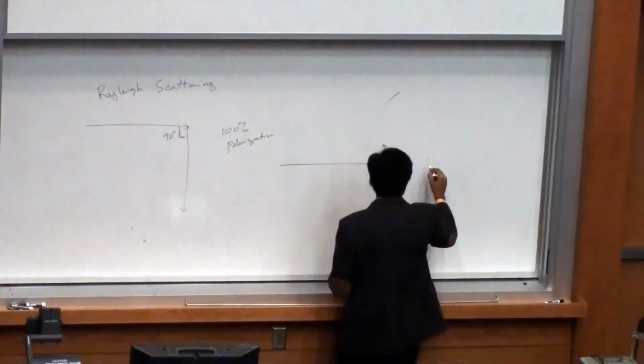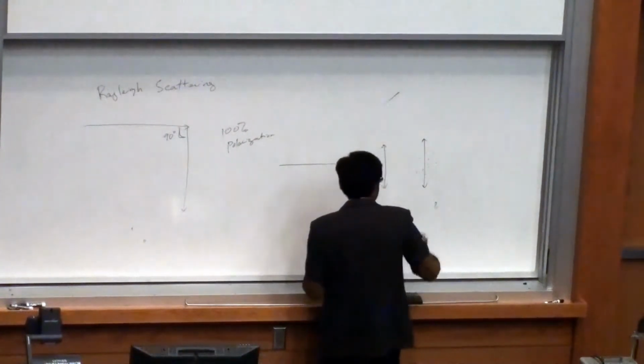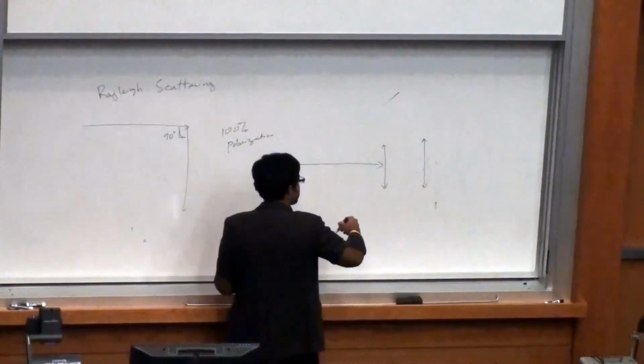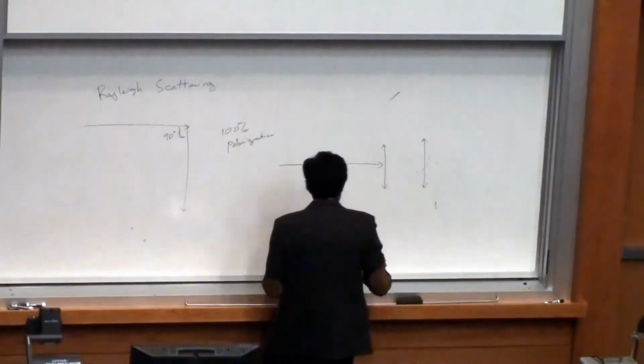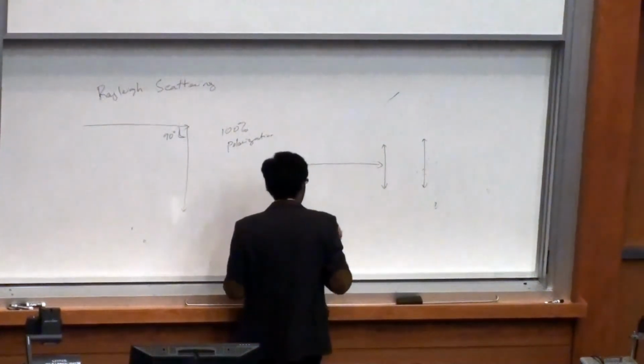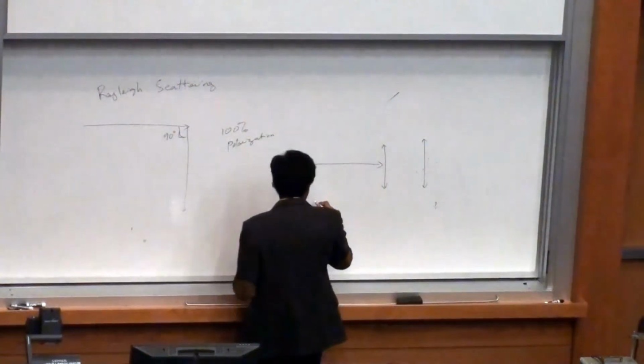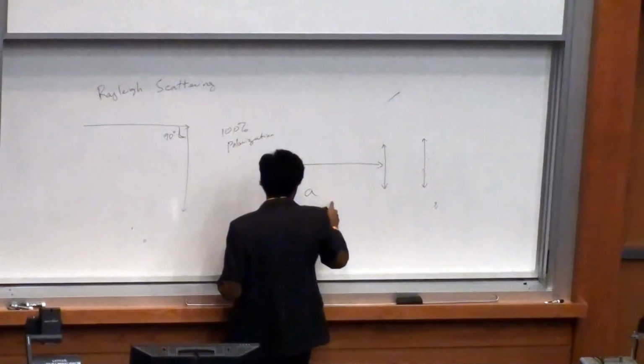It hits the particle and I would get an electric field oscillating in this direction. Light has a certain frequency, omega, and the dust particle's charges would oscillate at that frequency as well. Because it's oscillating, it would have a certain direction and a certain